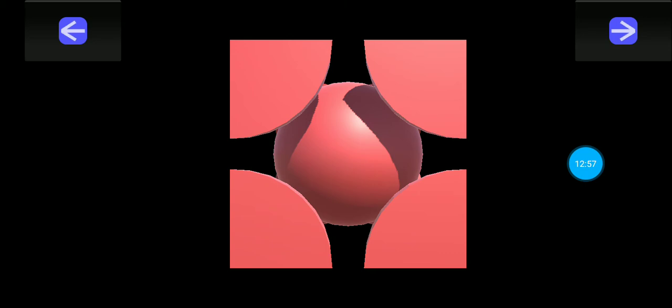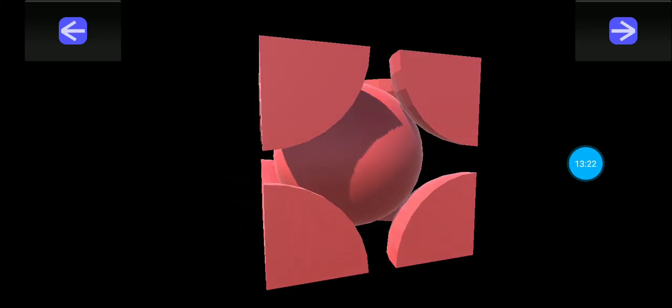If you see carefully, at the corners we have 1/8 part of the atoms as in simple cubic structure, and the full atom at the center. So 1/8 into 8 will be 1 atom as in simple cubic, and 1 atom at the center is a full atom.